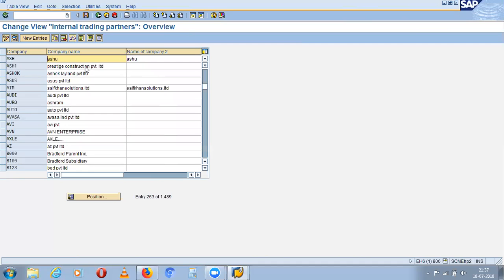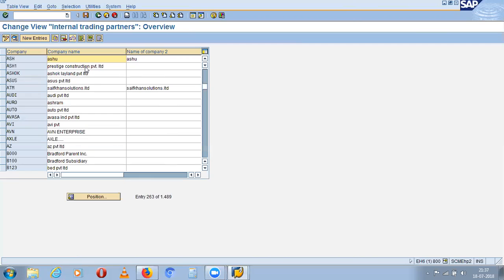For example, now you have created ASH. After a few days, you will feel that I have forgotten how to create the enterprise structure, so you will again create one more enterprise structure. Like that, there are many users who have created the enterprise structure here. So yours is ASH.